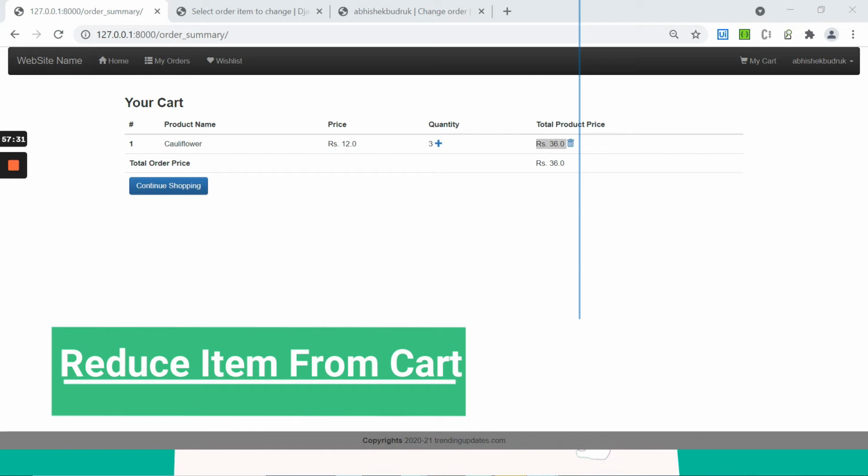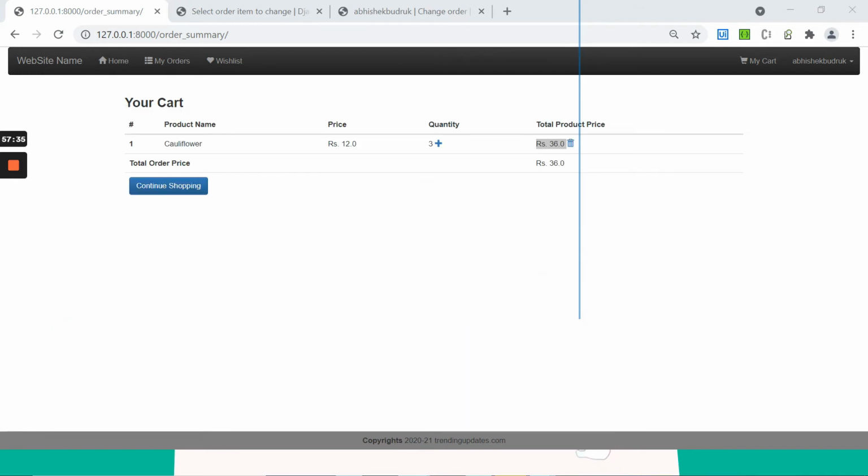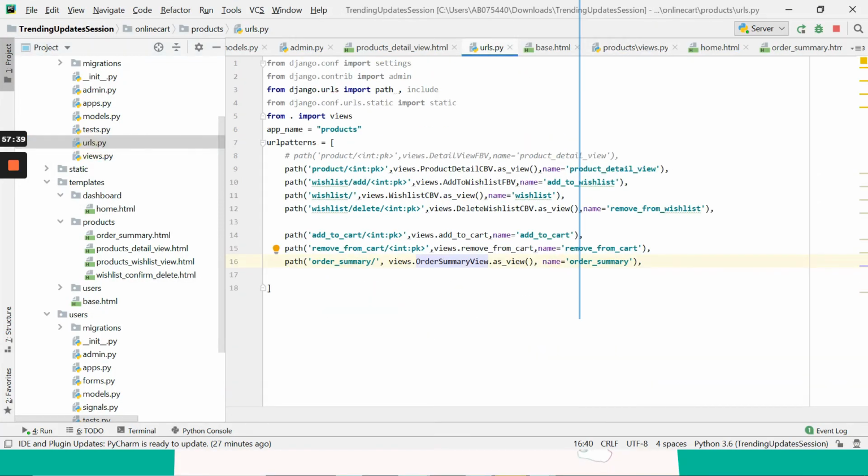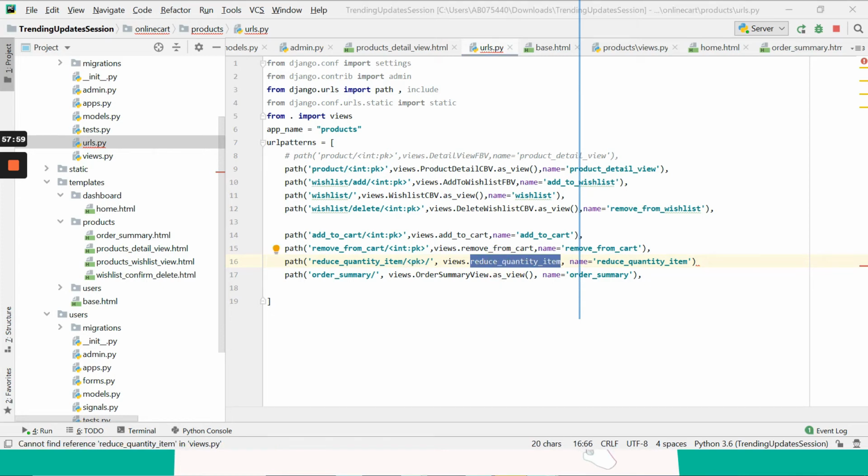First thing, we'll have the code in place to reduce an item from the list. So go to the URLs. Under the remove from cart, I add the reduce an item from the cart. It also takes one ID. Reduce quantity will have similar code to your remove from cart item.